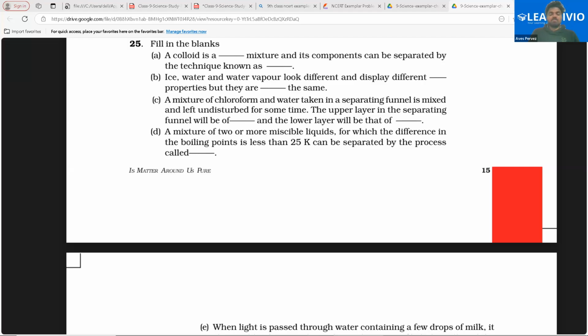Compound can be separated by chemical method. Means the constituents